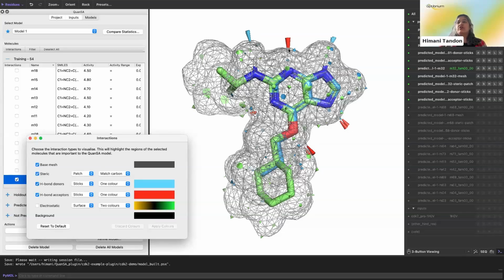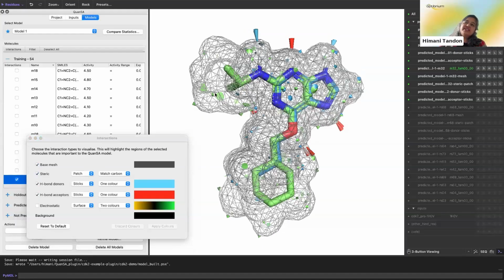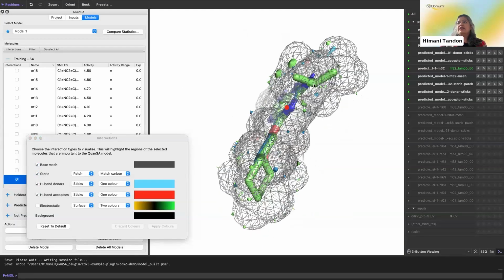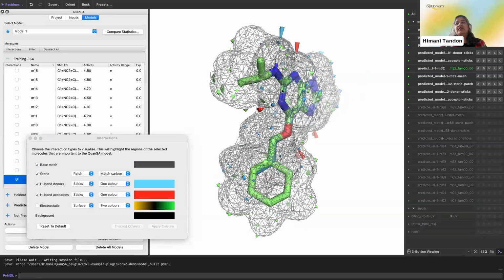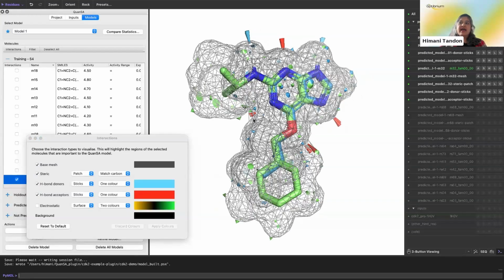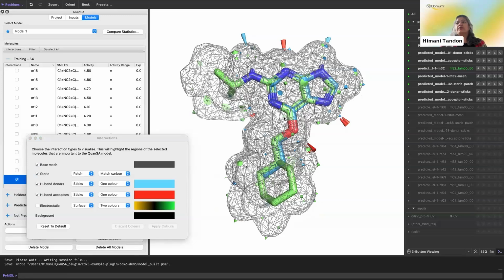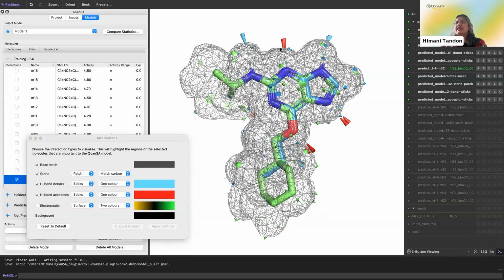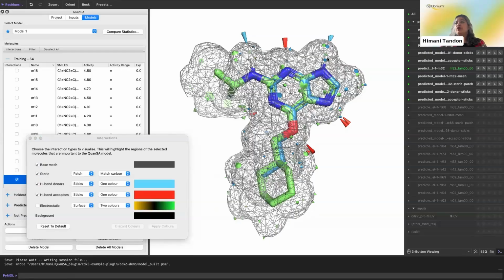The red cones are hydrogen bond acceptors, and the surface patches that you see here are the steric or shape complementarity interactions that contribute to the affinity score. Now, in this case, we can see that for these two molecules, the hydrogen bond donors and acceptors, especially in the hinge binding region, the hinge binding motif, are exactly identical. But what makes the one molecule more potent than the other are these additional steric interactions that these two components here are making with the pocket field.